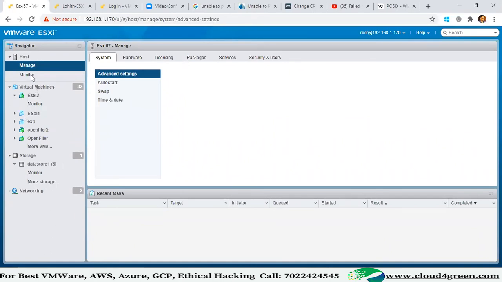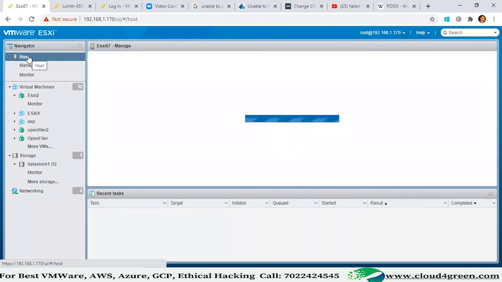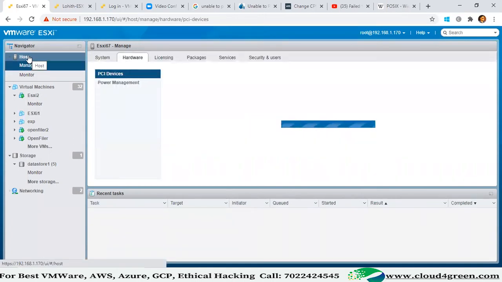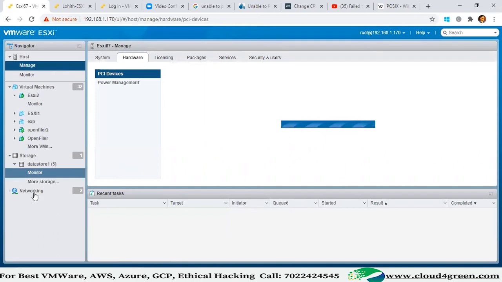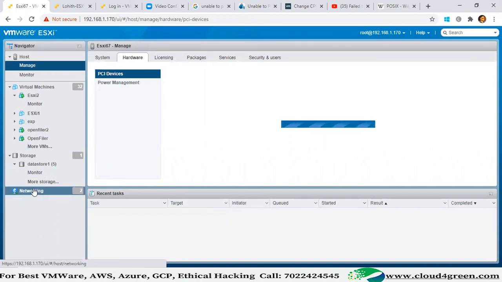Look at my screen. Here you see something called Manage. Click on Host, then Networking. I want all of you to connect to your ESXi host. Click on Networking, please.